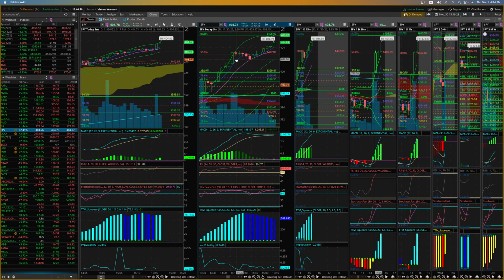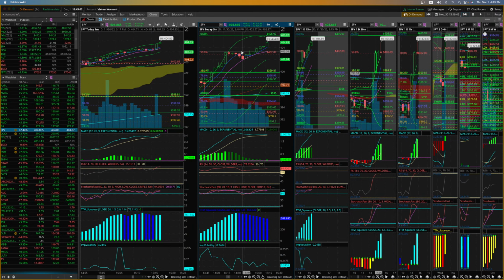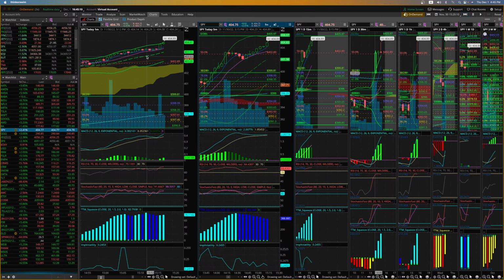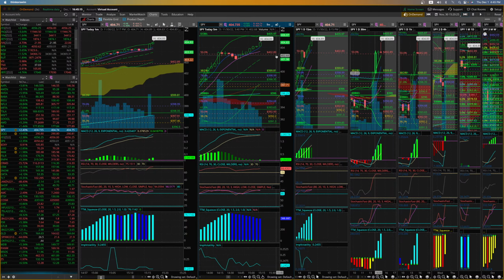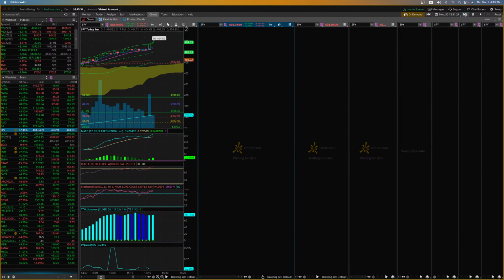So for moves like this, you want to pay attention to the range. For example, it came here, established a range. Once it breaks out of the top of the range, which was like here 403.46, boom, it can go to the next level. Here from 403.46, it's just running up. Now it's going to go to 405.97, and you can see here the 5 min is still in an overbought zone. Until it comes out of it, it can continue staying there and going higher and higher. And let's go to 330,